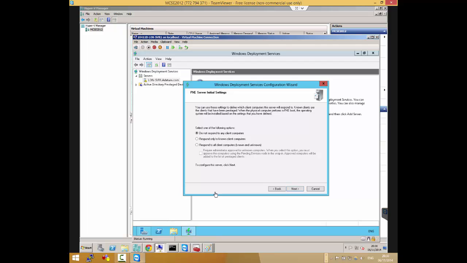Because, for example, if I go to AD and create a computer object, there's really nothing about the original hardware that I'm building. So what information does WDS use when you're doing the pre-staging to know the computer? The GUID, maybe?